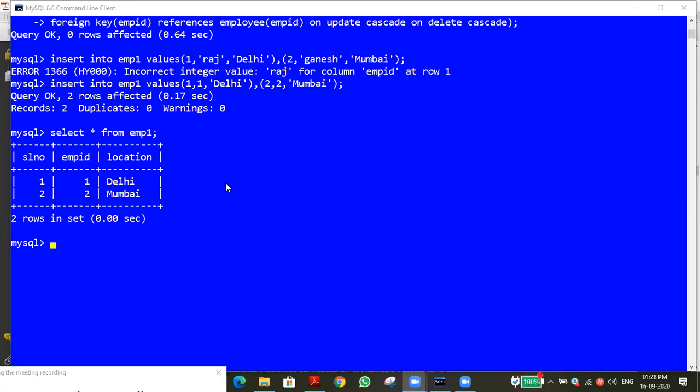EMP1 is a child table because we referenced the Employee table. So we depend on the Employee table, and that is why it is called the parent table or master table. So EMP1 is a child table. We are retrieving some attributes, attribute means some field, from the parent table or master table. That's why EMP1 is called a child table. Have you understood the foreign key concept?